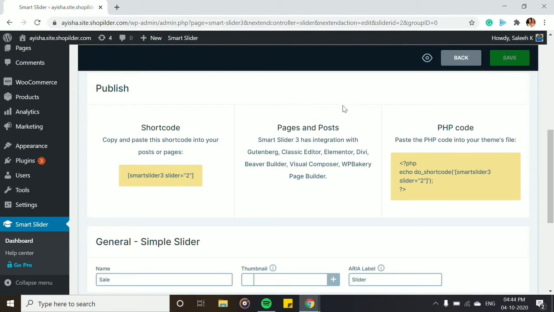Here in the post and page part, they have integration with Elementor, Classic Editor, Gutenberg, and all those editor plugins, so that you have to just add, you can see that slider button over there. In my website there is no Elementor or Divi or anything. Mine is just a WordPress editor, so I would be needing this shortcode. If you have any of this, you can just click on the plus part, which I'll show you again.